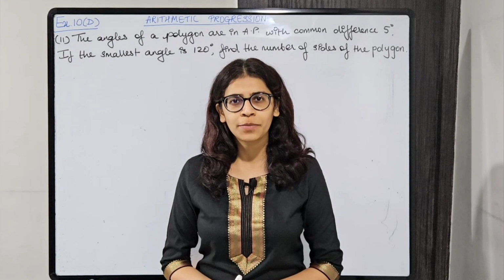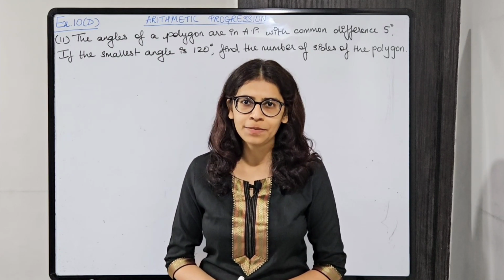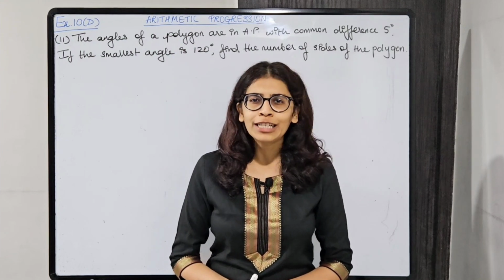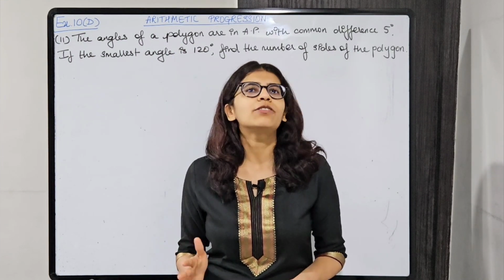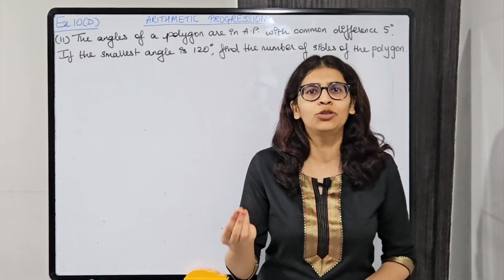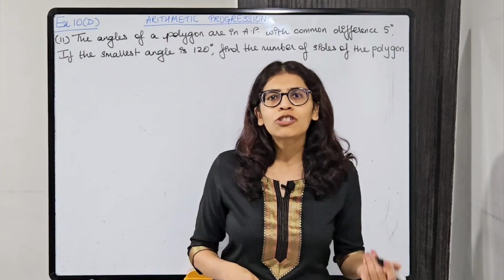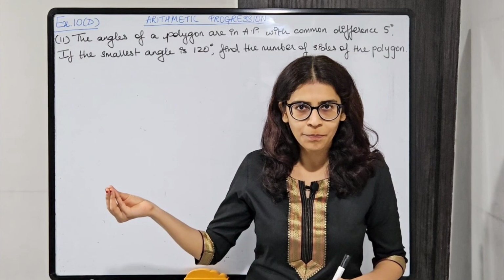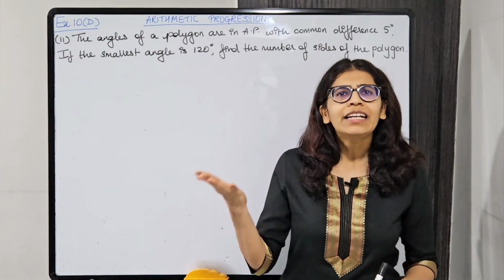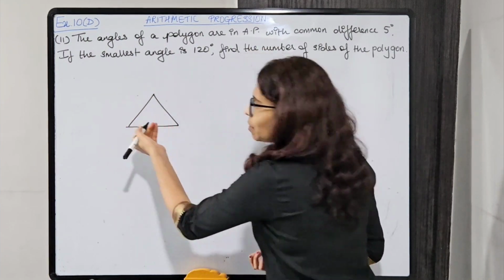Okay. Next question is question number 11. Before reading the question, let us go through some basic concepts of polygon. Now we know that a polygon is a two-dimensional enclosed figure. Two-dimensional means which I can draw on a flat surface, that is a two-dimensional figure. Okay, so it is a two-dimensional enclosed figure with 3 or more than 3 sides. Okay, so what will a three-sided polygon be? Triangle. A triangle is a polygon.